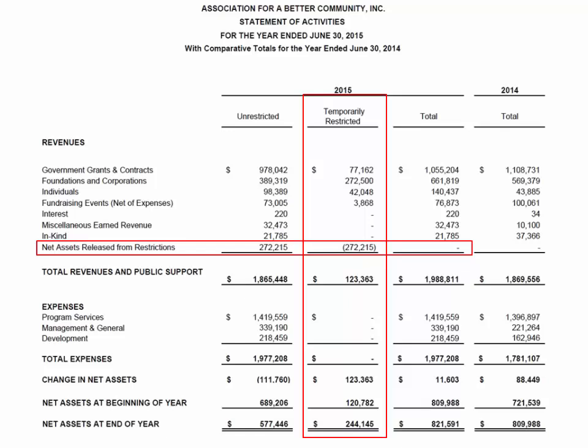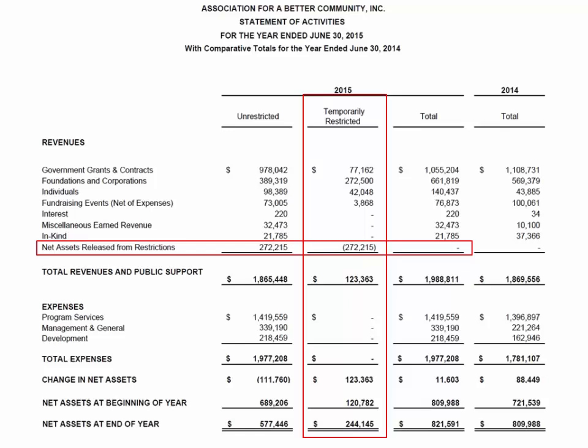So this net assets released from restrictions line will always balance, will always total to zero, because once we use our temporarily restricted assets for the purpose that they were designated, then we can move that asset from temporarily restricted into the unrestricted column. So that's what's going on in this line. So we have our unrestricted column that shows us revenue that was generated on an unrestricted basis and expenses. We have our temporarily restricted column, which shows us revenue that was generated on a restricted basis as well as